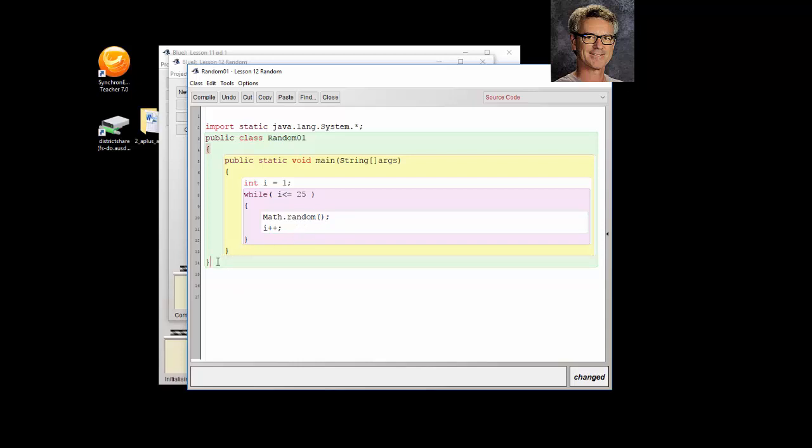So somewhere in the math class is a method with the following on top: public, static, double, random, and its parentheses are empty up here. Okay, so what this thing does, if I put in an out.println line, prove it, what this thing does is generate a random number in the range, if let's say n is our number, then n is